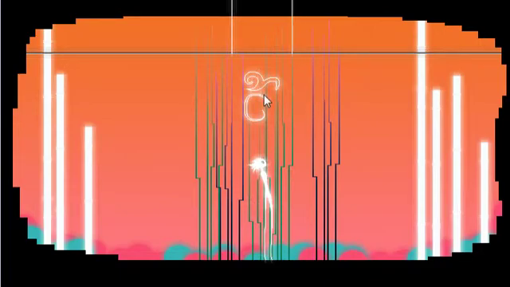So as you might be able to guess, this is the water symbol. The water areas are some of my favorites in the game. I just really like the way the water turned out. And as you can see, most of the areas have a theme for each of